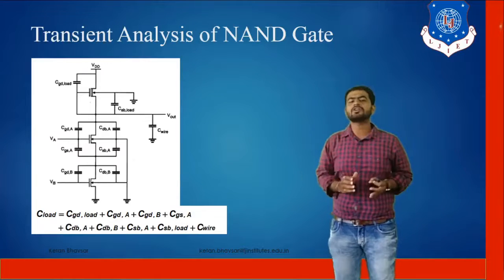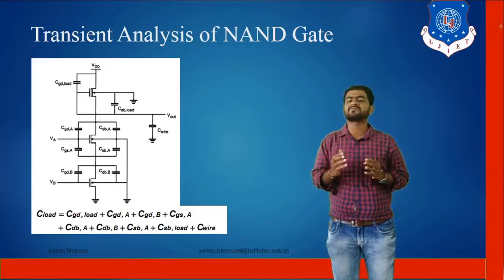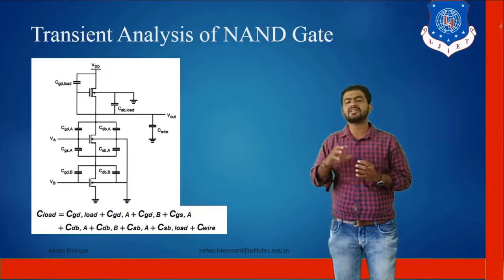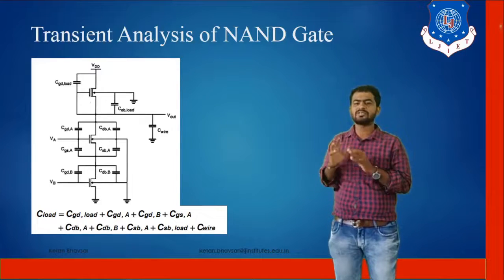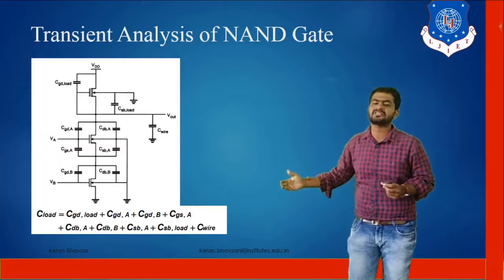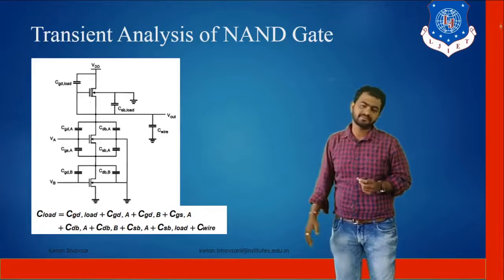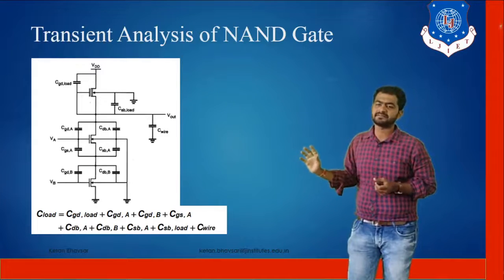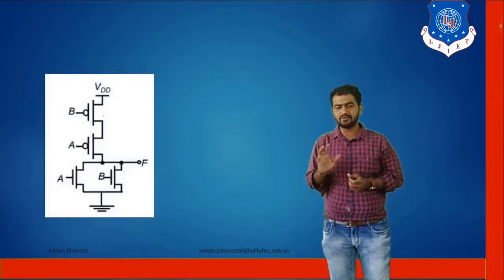So basically, when we are talking about the transient analysis, we are talking about the different types of switching configuration, and for the switching configuration we are focusing on the different types of capacitance too. I hope you are getting the idea about the transient analysis, that is, which type of capacitance is produced when switching is established. I hope you are getting the idea about the transient analysis of the NAND gate.